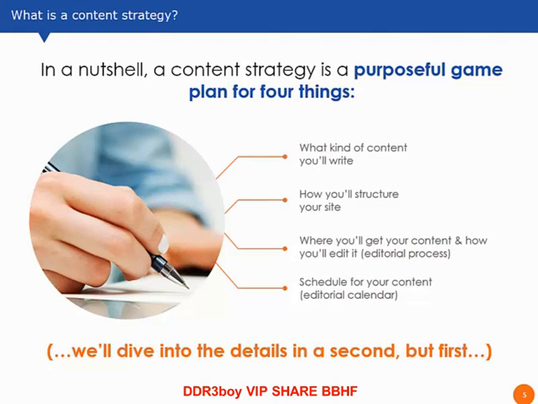Third, a content strategy is a plan for where you're going to get your content and how you're going to edit it. This is called an editorial process. So if you're just starting a site, you might be writing the first couple of articles yourself, but eventually you're going to want to outsource that content to someone else, and pay for it. You're also going to want to have some sort of process in place to edit it if you don't want to do that yourself. And you have to have a plan for how it's going to get on your site. So a content strategy helps with all of this stuff. It's a plan for where you're going to get your content, what sort of editorial process you have in place to make sure that the content is actually good enough to be on your site, and then finally, how it's actually going to get on your site.